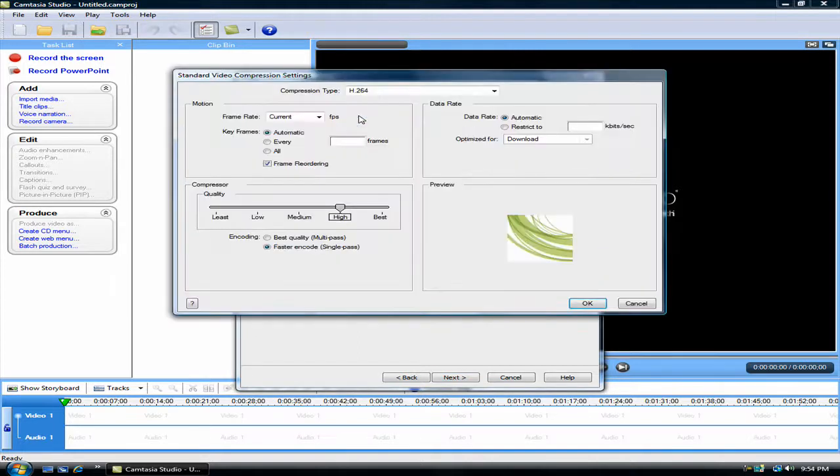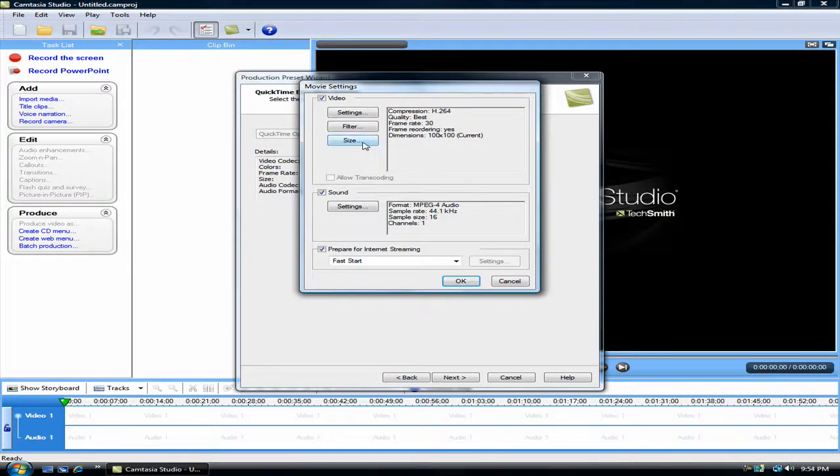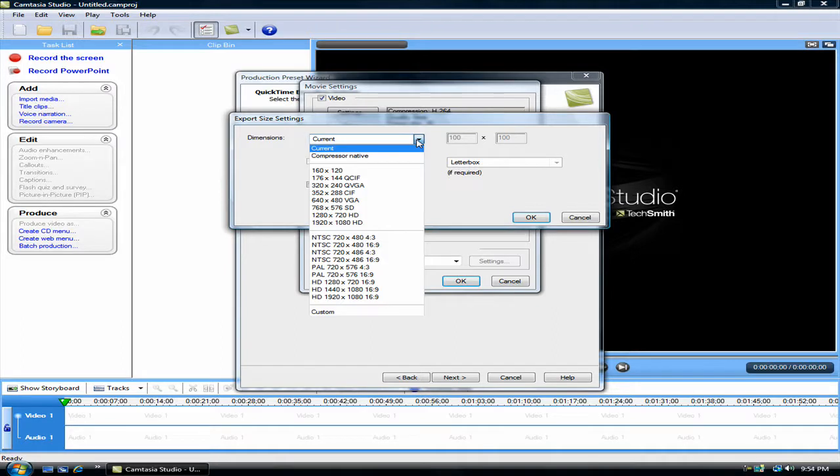You click settings. You make sure H.264 is selected. The frame rate you put on 30. Then the compressor quality you put on high, on best. Then the encoding, you do not touch it. I recommend you do faster encode, single pass. You click OK. Then you go to the size, the dimensions,